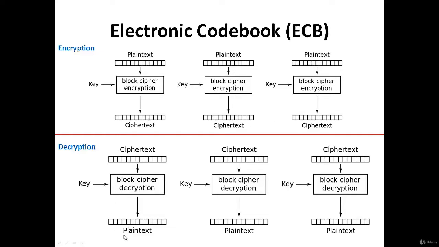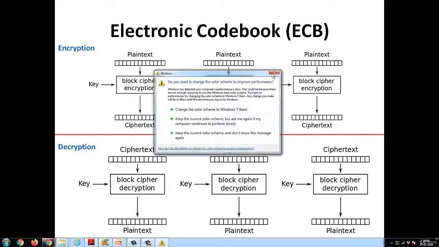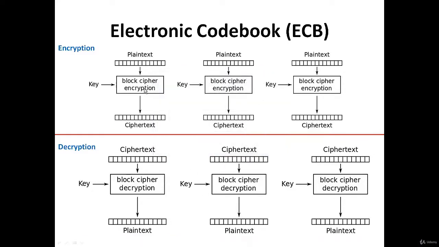The decryption is just the reverse of this. The entire ciphertext of length n is broken into three parts, and here we have shown the example of 3. It can be any value, depending upon the number of blocks and the size of the encryption. Say if the encryption has size of k and our ciphertext is of size n, then there will be n by k blocks. So the reverse is also the same. So this is how the electronic code book method of block cipher works, but it's not very efficient.